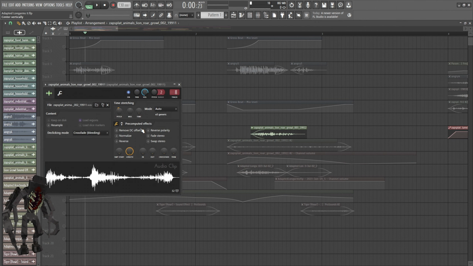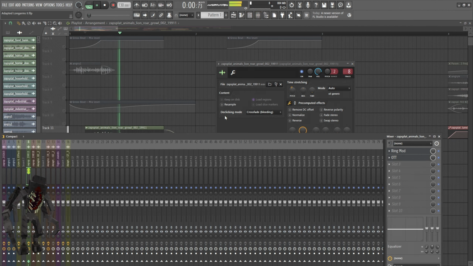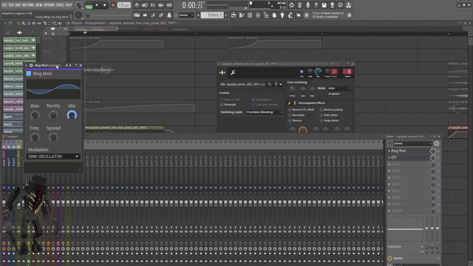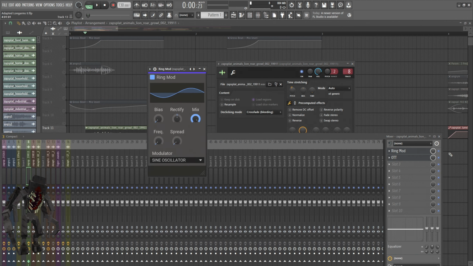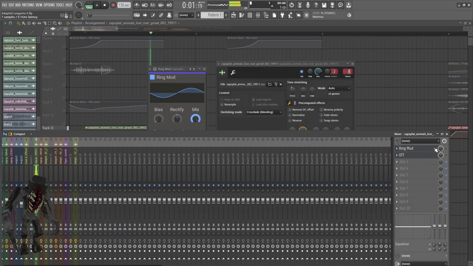This is a lion roar, and it has been pitched down with some effects. This is a ring mode. I think if I remove that and the compressor, it sounds like this. Yeah, the ring mode does the same effect as the other one